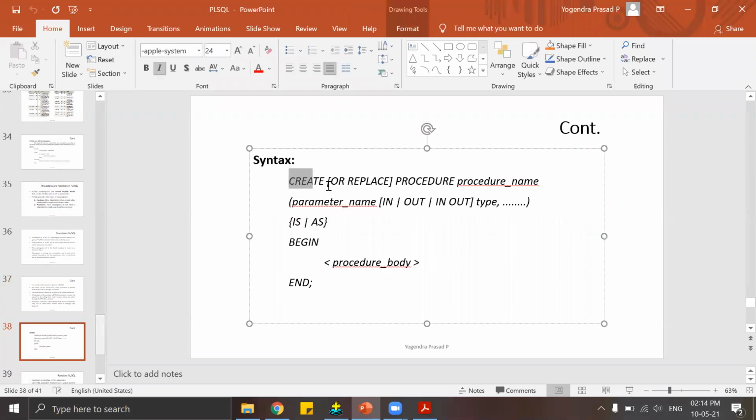So create or replace ఖచ్చితంగా ఇది ఇవ్వాలమ్మా. So create చేయాలి at the time of creating any procedure, this we have to follow. So create or replace procedure with procedure name, and we have to pass the parameters. So function లో మనం parameter pass చేస్తాం కదా, function లో కానీ method కానీ. So likewise, so procedure name